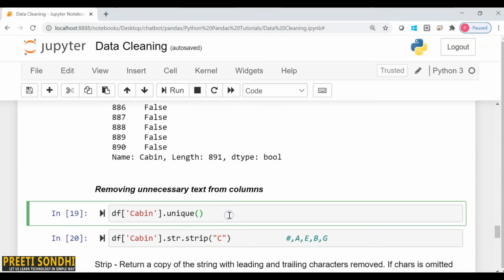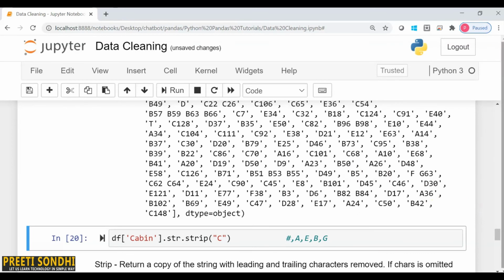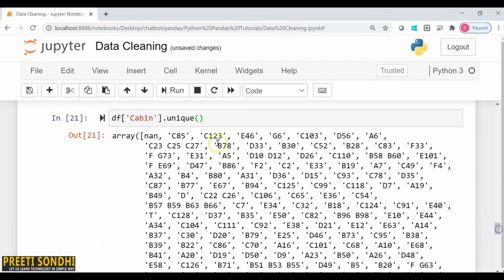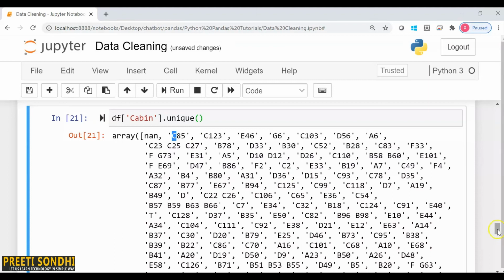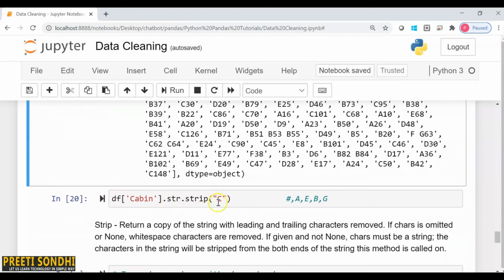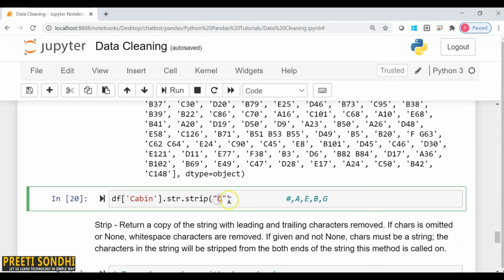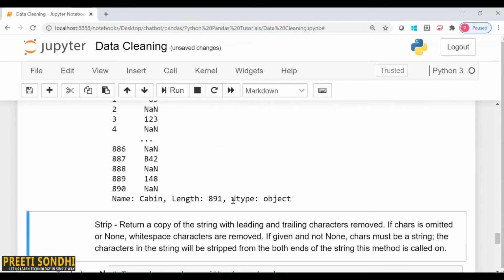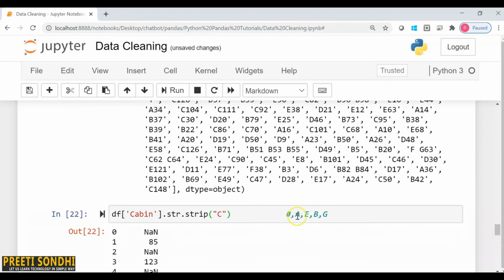For this, let me just check the unique values for the cabin column, and these are all the unique values from the cabin column. I just want to remove the categorical letters from the column. Here I am just stripping this C, but you can remove all the categorical values if you want: A, E, B, C, F, anything you want, with the help of the strip function.